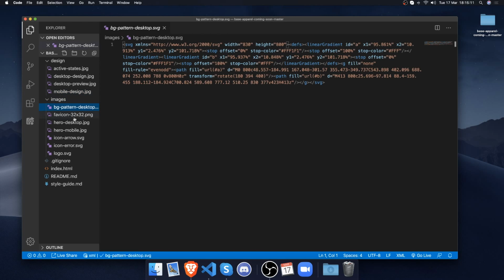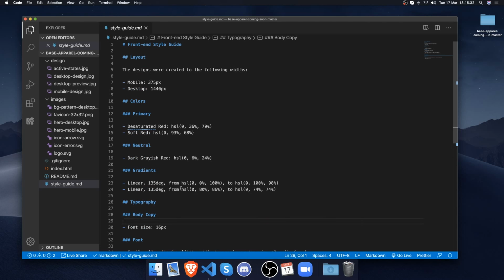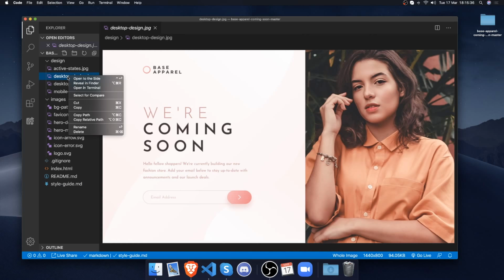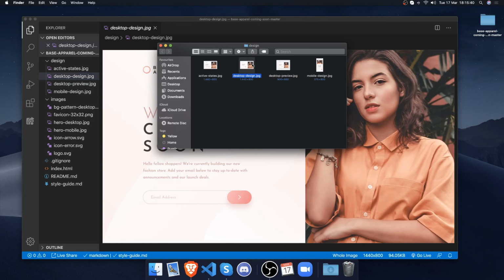So basically what we get from them is all the assets we need. So the images, we also have in a style guide the colors, the fonts, so everything we need in order to create this. Let me reveal in Finder